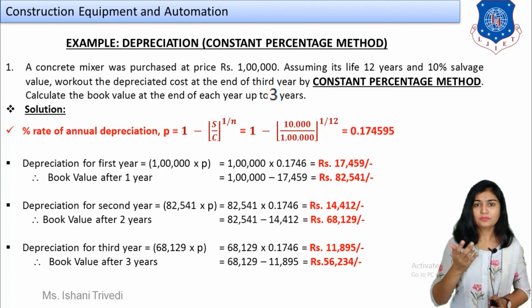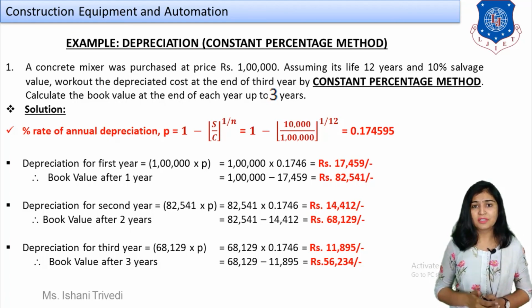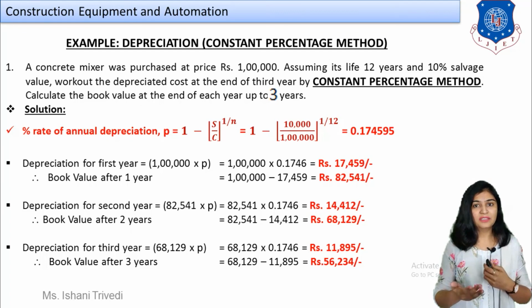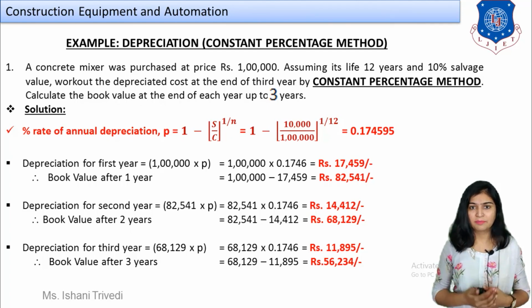Okay, you can plot all of these in the form of years, annual depreciation, and the book value in a table, and I want you to do it on your own. Plotting a table is a very simple thing. So this is how you complete the example. Now this can be up to 3 years, up to 5 years, up to 6 years. However many years they ask, you are supposed to calculate by this method.